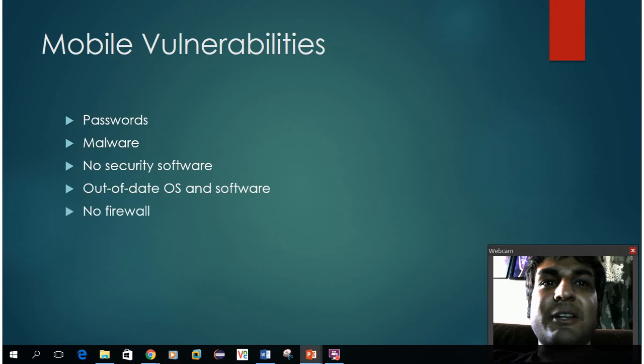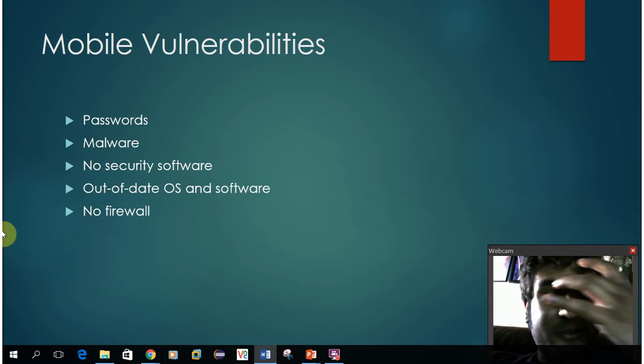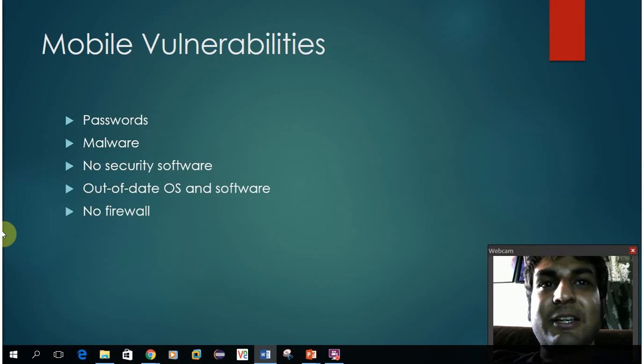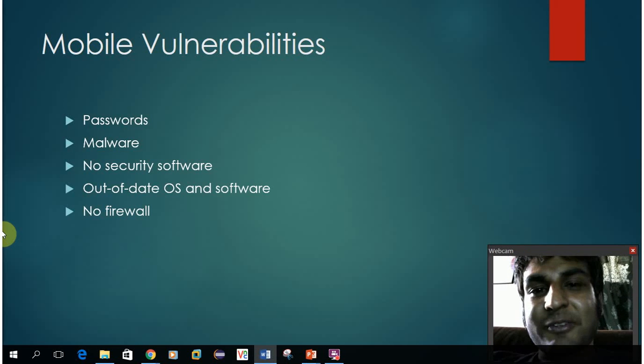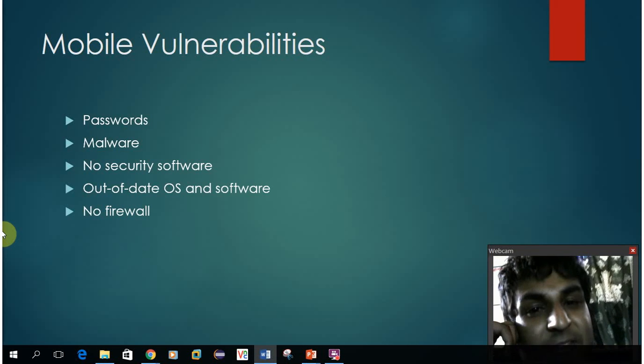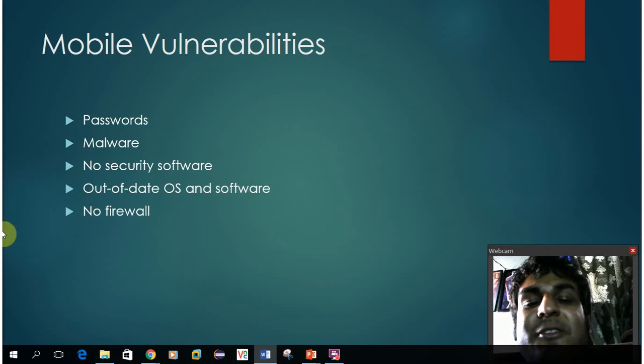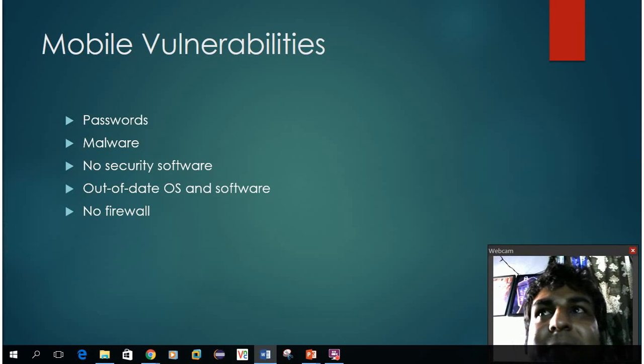And the next thing is there's no kind of firewall. So when your mobile device connects to the internet, it's just using any communications ports to connect, and a lot of these are unsecure. So hackers can easily use those unsecure ports to hack into your phone and get any of your information. Without that firewall, it opens up your device to getting hacked and all that stuff stolen, and obviously that's going to be an issue.